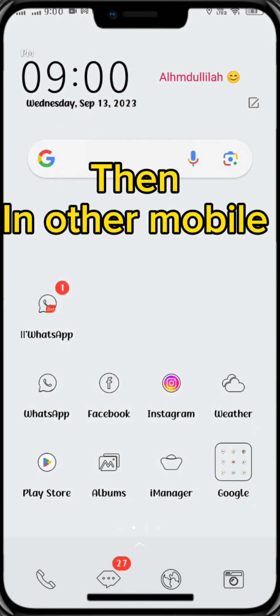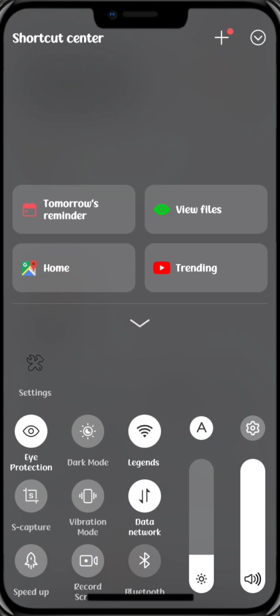So in the other mobile, to connect to this you have to click on the Wi-Fi option. This is my Wi-Fi option, and after this your mobile name shows on the other mobile and you just click on it